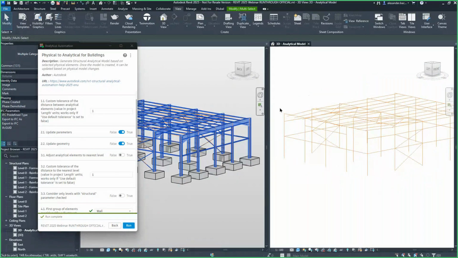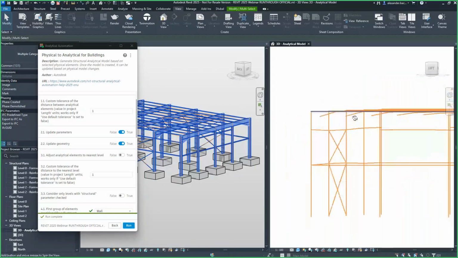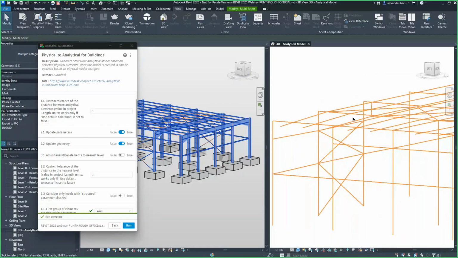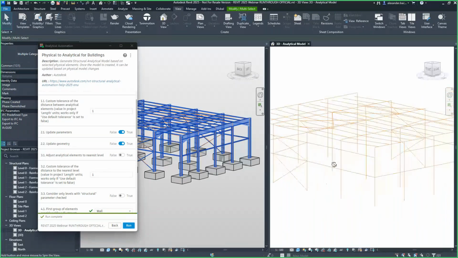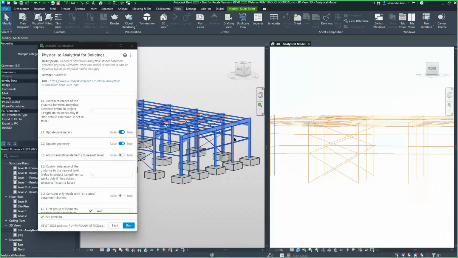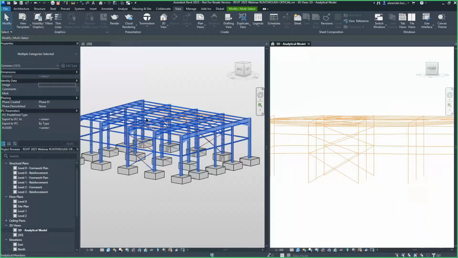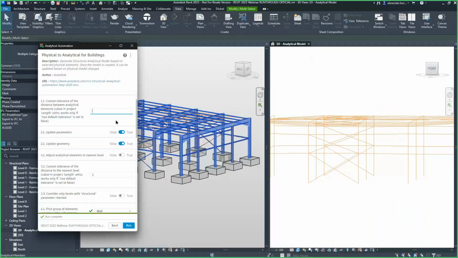And you can see that my coupling members here connected to the beam because they're within that 1 foot. You can also notice some other members have also done the same. So sorry about that. If we change this to something like 0.8 feet and run it,